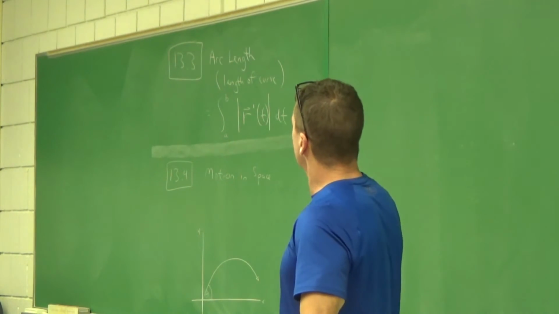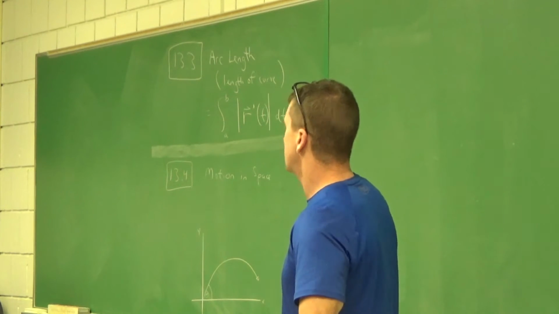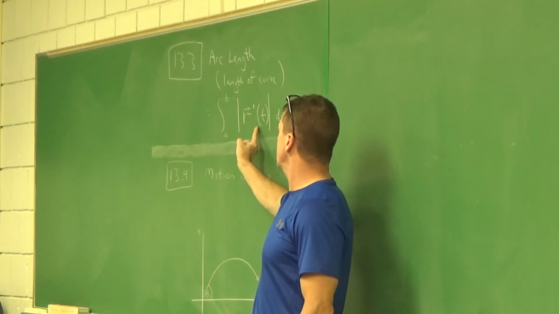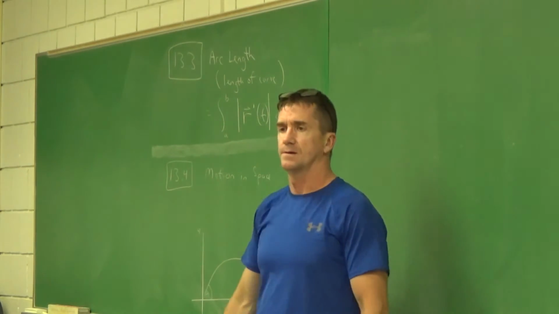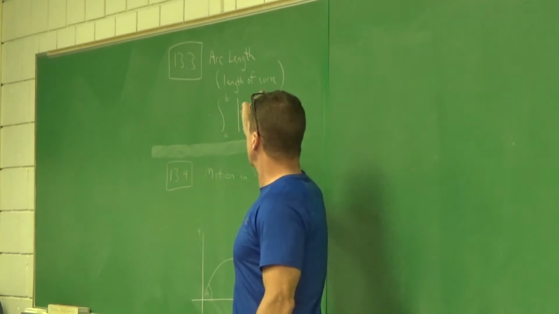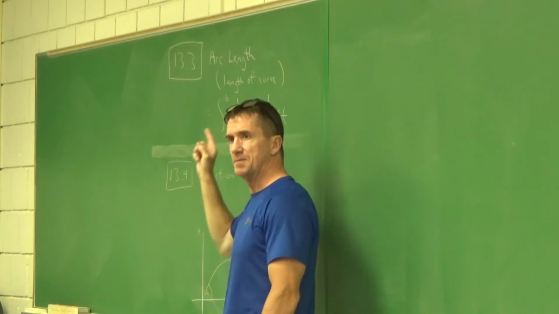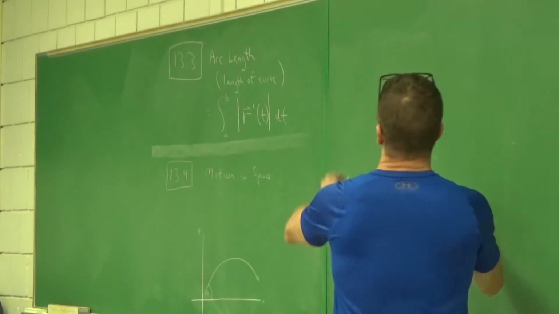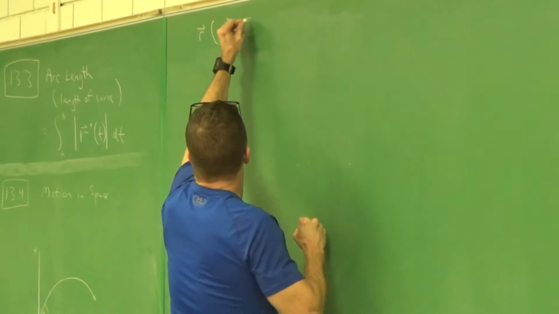So for length of curve, I thought the first curve we can get the length of, let's get the length of a helix. The formula is we're going to take the integral from a to b of the magnitude of r prime of t. You can think of this as speed. The magnitude of r prime of t is speed, but we're going to take the integral of that. So they'll give you some vector curve. Let's start with one of those,